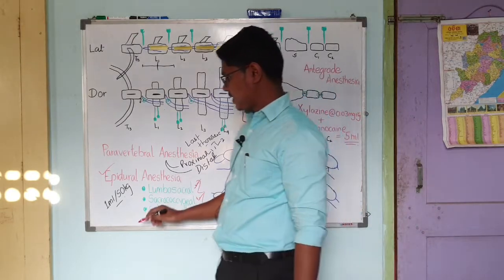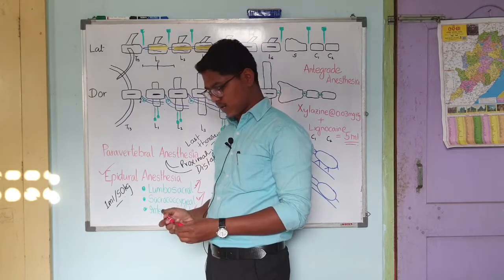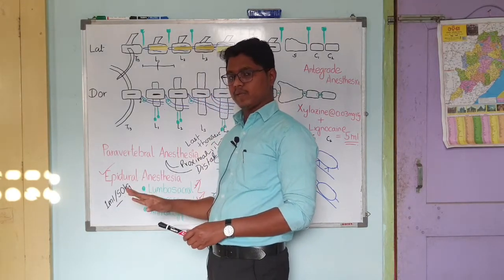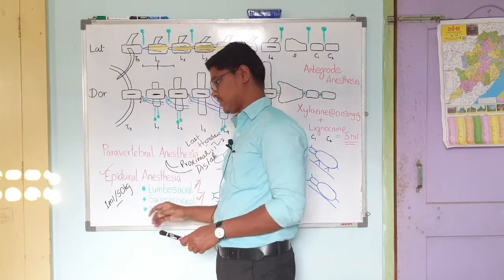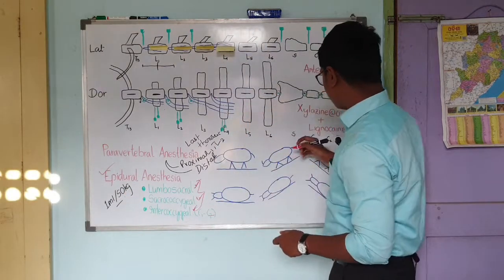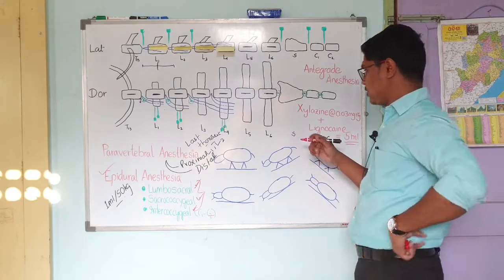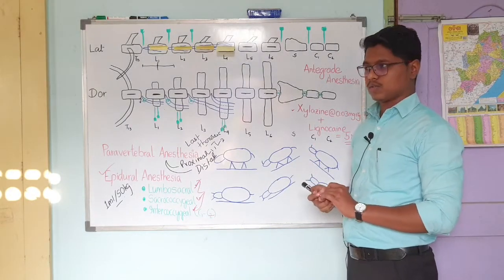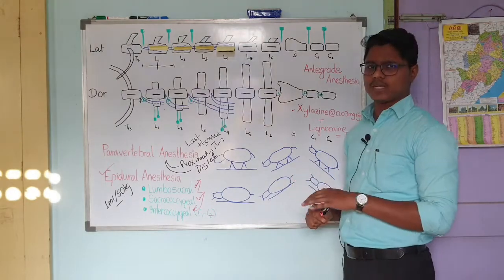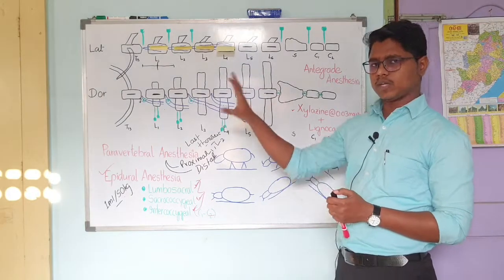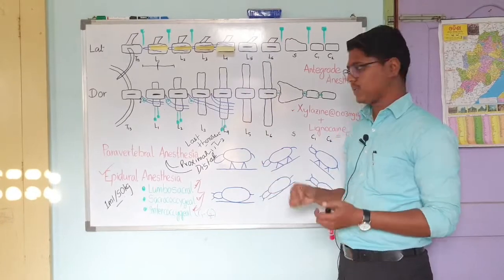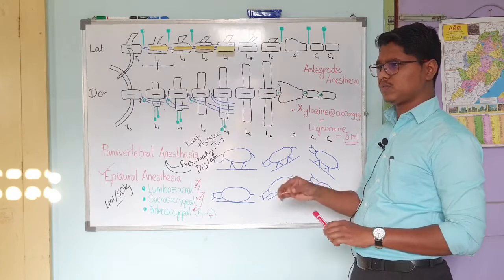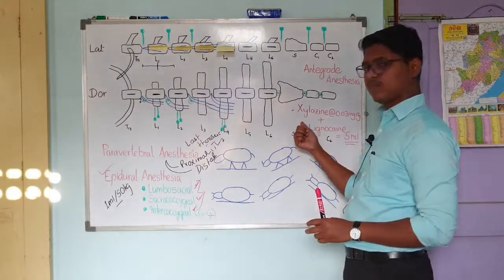For epidural anesthesia, you have to give lignocaine hydrochloride, 1 ml per 50 kg body weight. For 400 kg body weight, you have to give 8 ml. That is sufficient for epidural anesthesia. Now, in recent techniques, you can also use xylazine. For prolonged cases, suppose you are getting a dystocia case, you can imagine it will take 1.5 hours, maybe 2 hours, because it is complicated. Mix with xylazine, and you will get 2 to 2.5 hours of very good anesthesia.